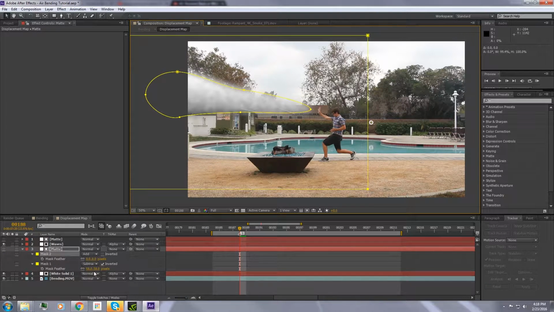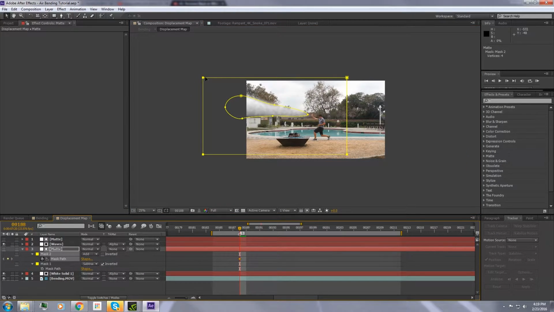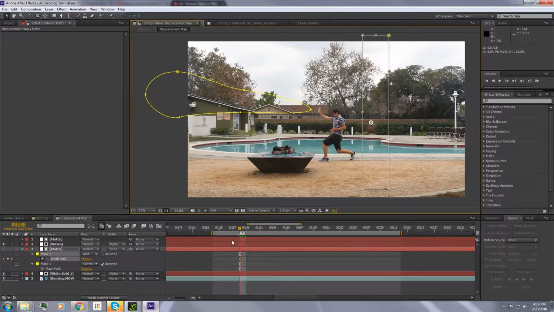So let's hit F for feather, and we'll feather this guy out. We'll see. Put this over and see how soft we want it. Pretty soft. Again, it is a displacement map. So then we'll start over here. And then we'll go into our mask path. We can hit M, mask 2. We'll start this guy off over here, and now